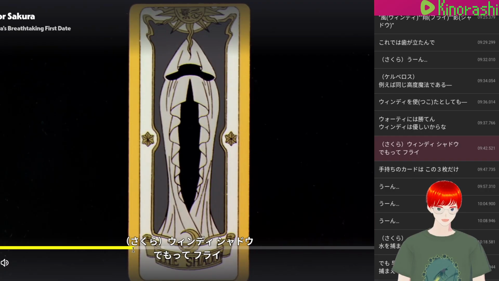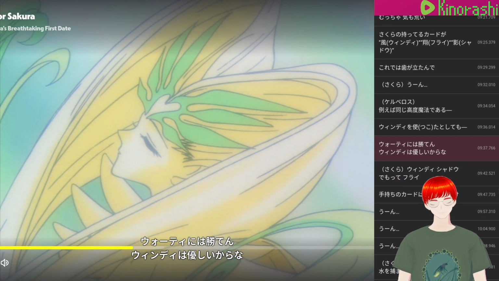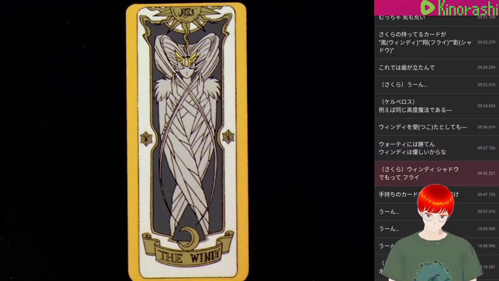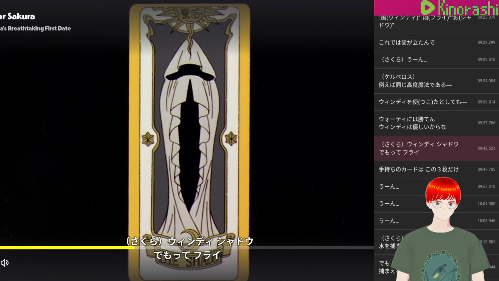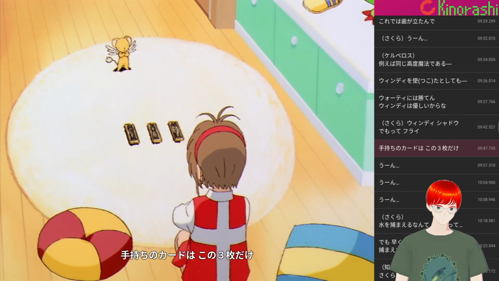シャドウでもってフライ。ウォーティには勝てん。ウィンディは優しいからな。ウィンディシャドウでもってフライ。手持ちのカードはこの3枚だけ。